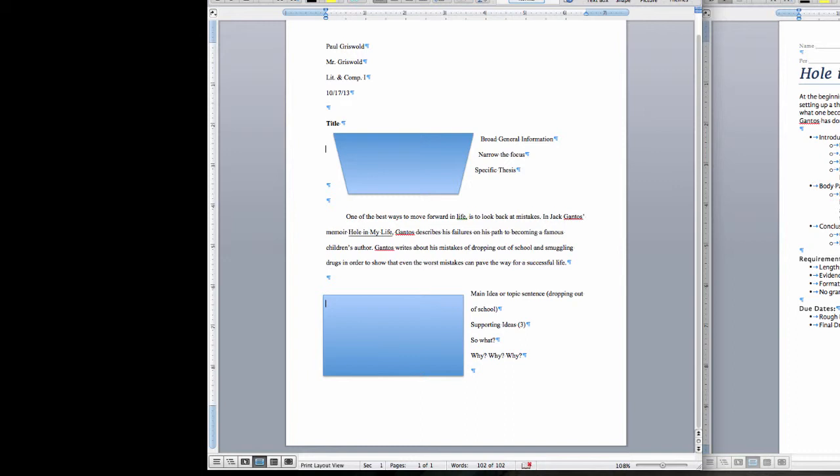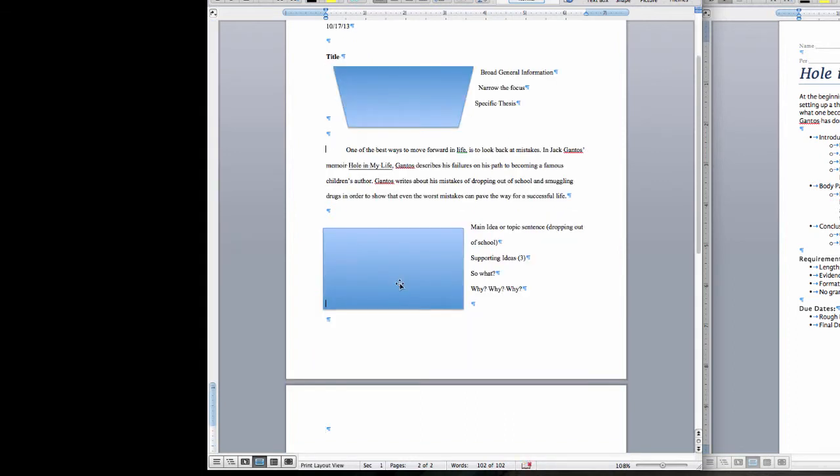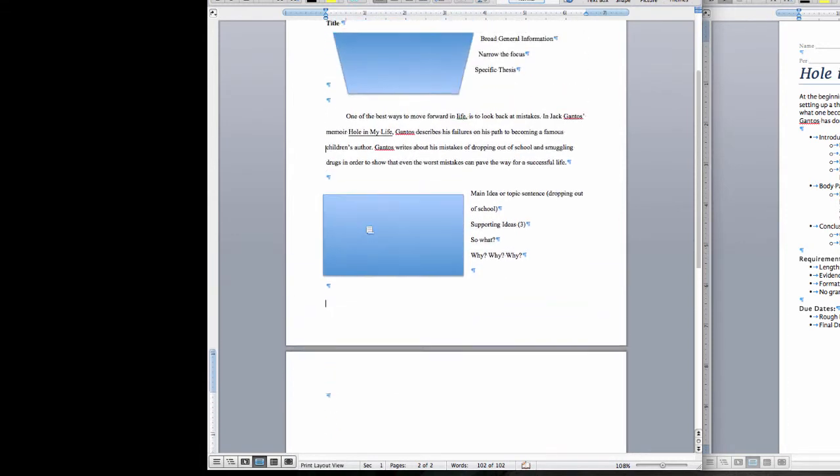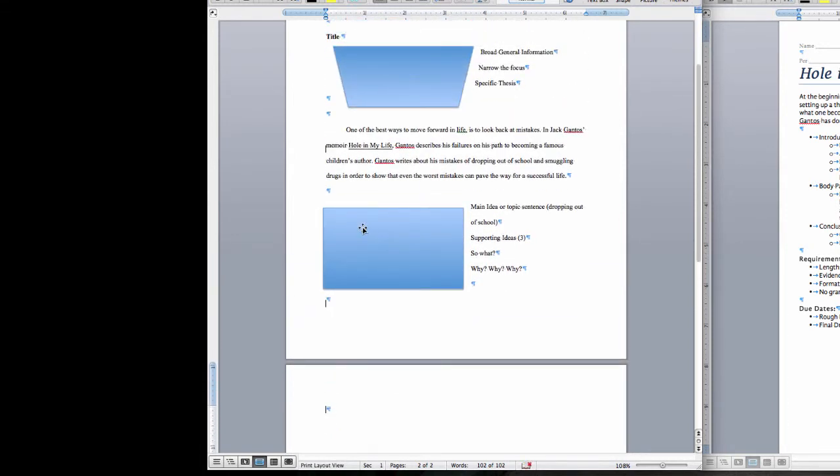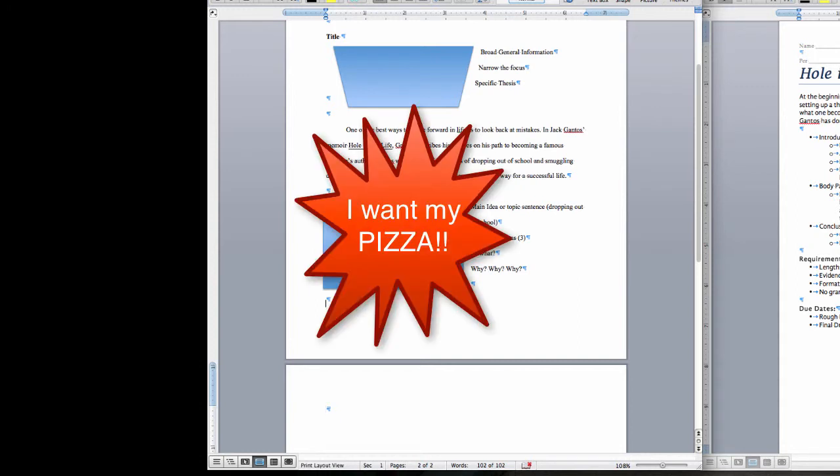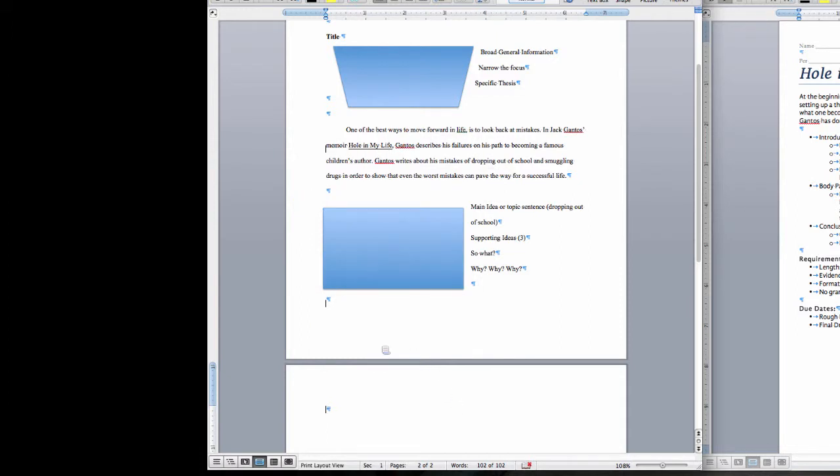All right, now we're on to our conclusion. So I'm going to go on to my second page here, because remember we need to have 2 to 3 pages of writing. And by the way, 2 pages does not mean 1 page and just a little paragraph at the top of the second one, because how would you like it if I promised you 2 pieces of pizza and gave you 1 full piece and just the crust of a second one? That's how I feel when you give me 1 page and just 1 paragraph on a second page. So 2 full pages, 2 full pieces of pizza. That's what I want from you. I'm making myself hungry over here.